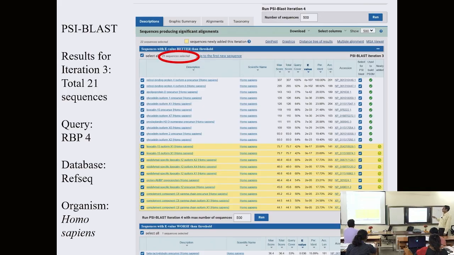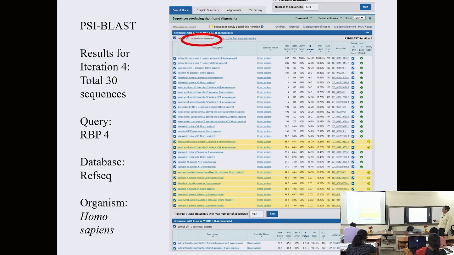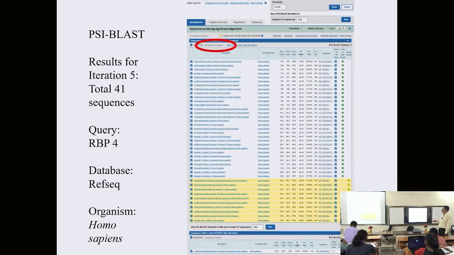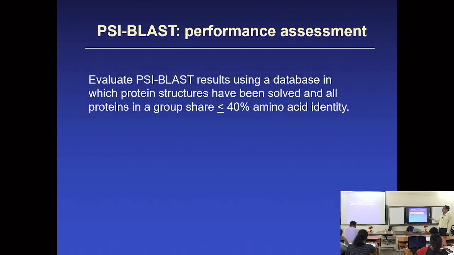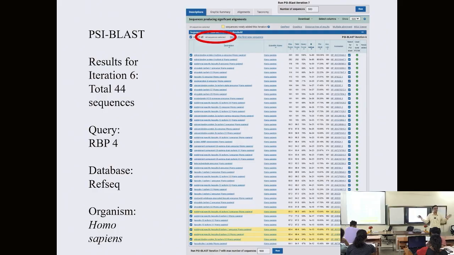I kept doing it actually, because I wanted to see how many. Iteration 4, 30. So from 21 to 30. Iteration 5, 41. Iteration 6, 44. I didn't go further, but maybe it will add 1 or 2 more. Which means that by doing this, I have identified the homologs of retinol binding protein in human, and it is about 50 or so. I didn't check, but you can check it. You can see that by doing this, you are able to exhaustively identify